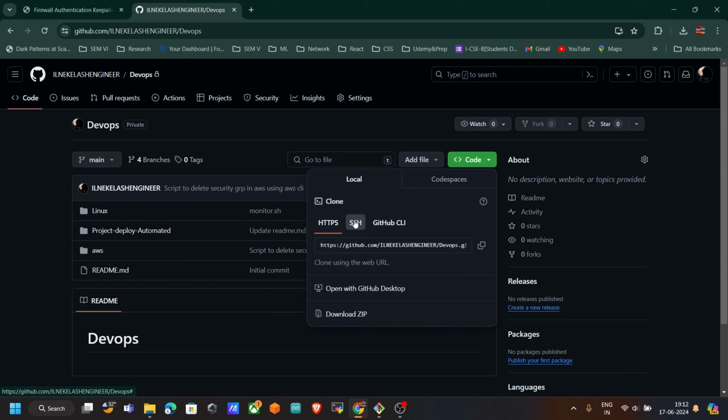So what does SSH mean? It is the Secure Shell protocol. Mainly we use SSH for high security purposes. In many organizations they don't allow HTTPS for version control and this type of activity, so majorly we deal with SSH. So what is SSH? It is a type of protocol which is similar to HTTPS, but it has